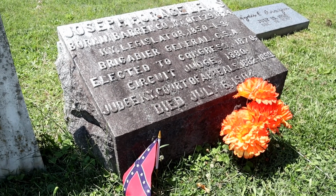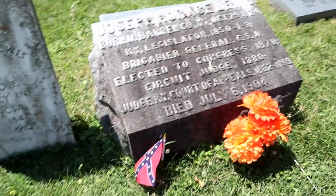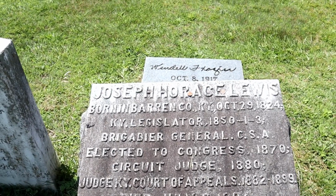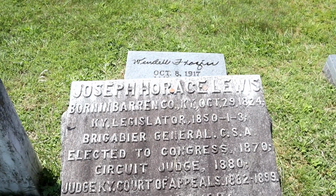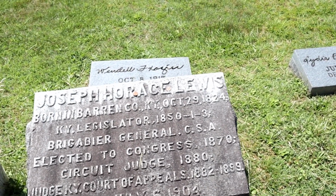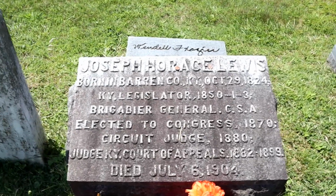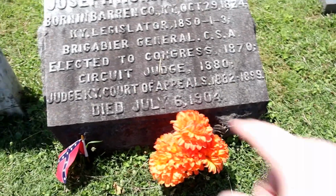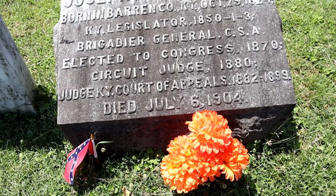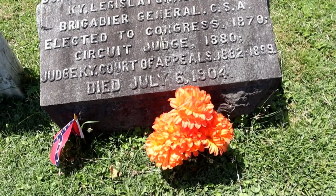Here we have the grave of General Lewis. You can see there someone has put a Confederate flag, and this tells a little bit about his history and his service. You can see there that he served in the Kentucky legislature in 1850. He was brigadier general in the Confederate States Army and elected to Congress in 1870. Served as a circuit judge in 1880 and apparently a Kentucky Court of Appeals judge, 1882, and he died July